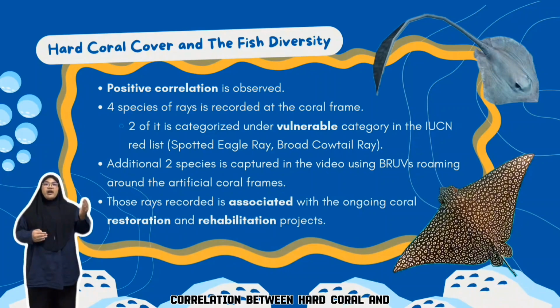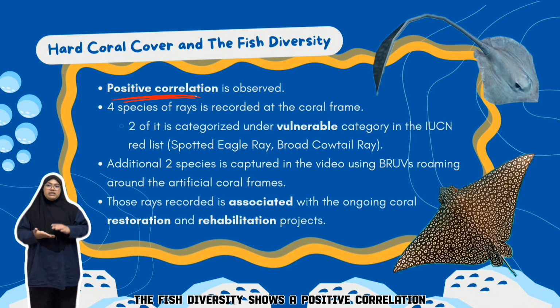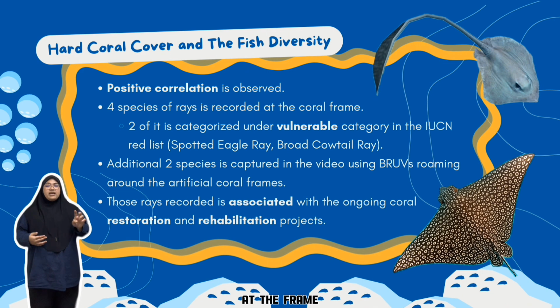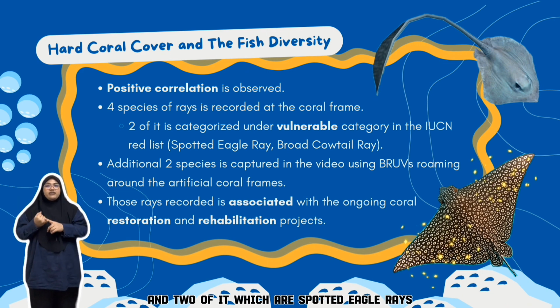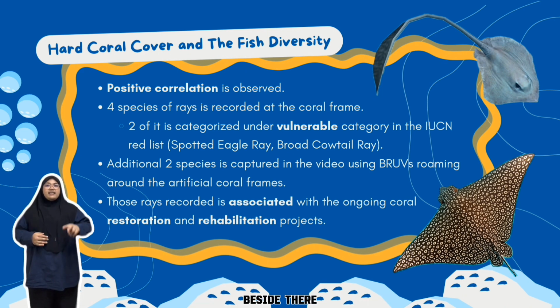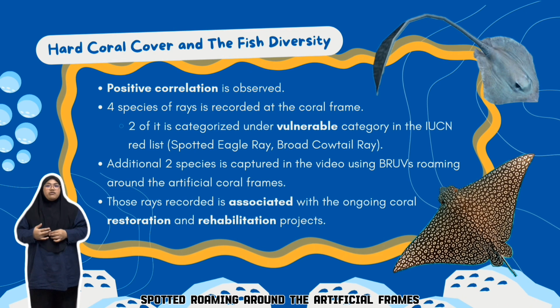The correlation between hard coral and the fish diversity shows a positive correlation. There are 4 species of rays that are recorded at the frame, and 2 of them, which are spotted eagle rays and broad cowtail rays, are categorized under the vulnerable category in the IUCN Red List. Besides, there are 2 additional species that are spotted in the video using BRUVs, roaming around the artificial frames. Those rays are recorded associated with the ongoing coral restoration and rehabilitation projects that are happening in the site of